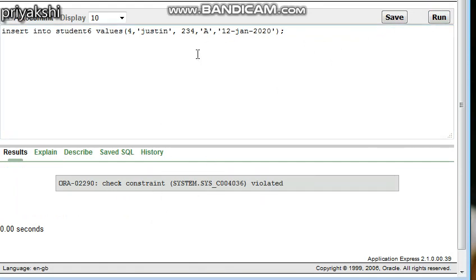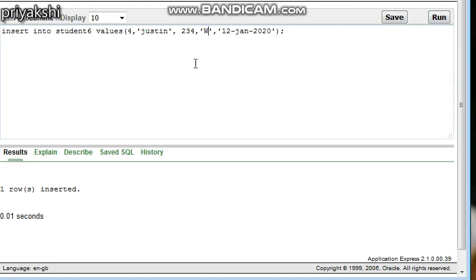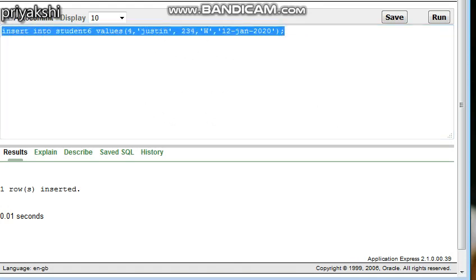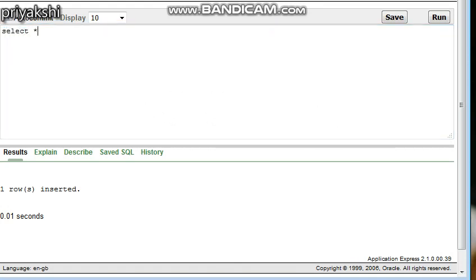That means whenever I created the table, I put a constraint that the result of a person can be either pass, fail or withheld. So these are the only permissible values here, and we cannot insert any other value apart from these. So this is how you can insert the values. Now if you see these values,